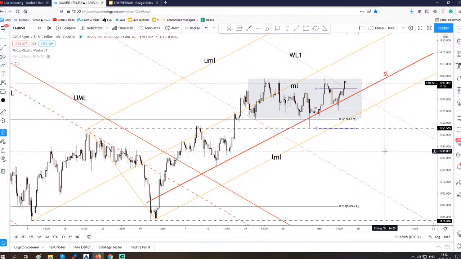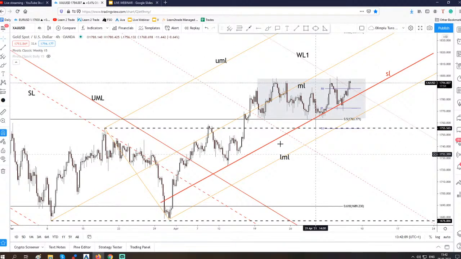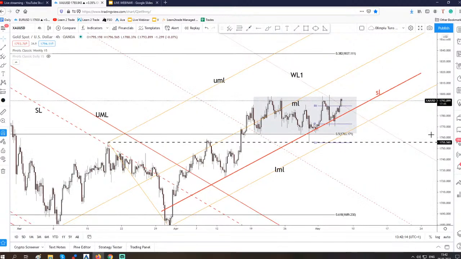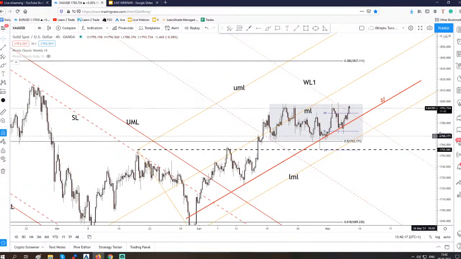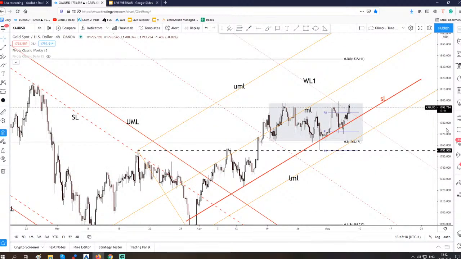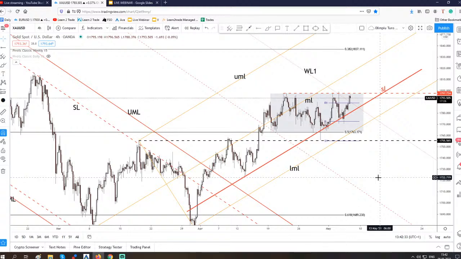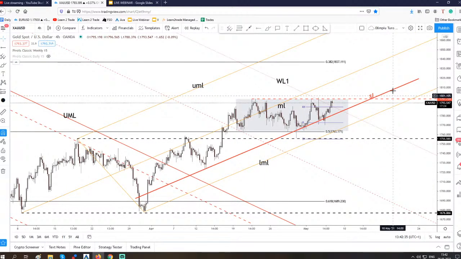So here we have gold. The price is still trapped within this range. I've talked to you about this range in my analysis, in my previous live sessions. So we still have to wait for confirmation here for a valid breakout from this range before considering maybe going long again. So you already know that this inside sliding line of the ascending pitchfork